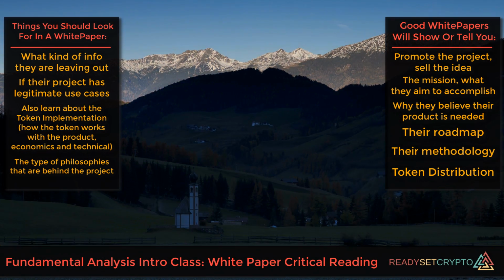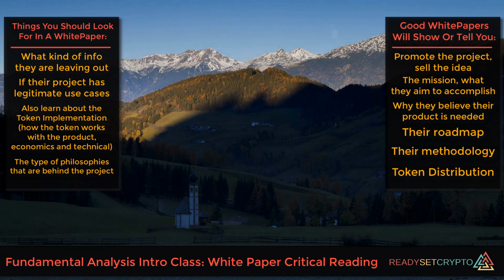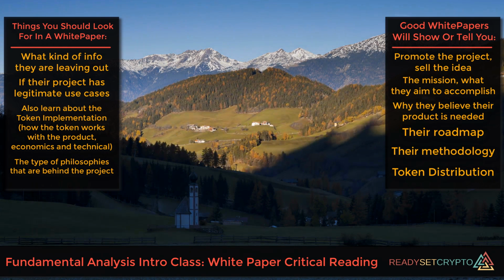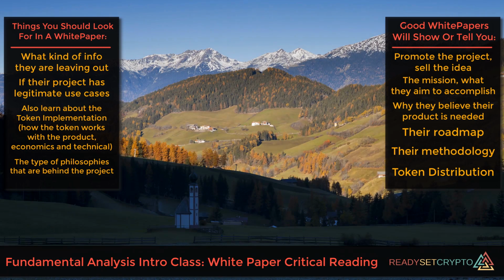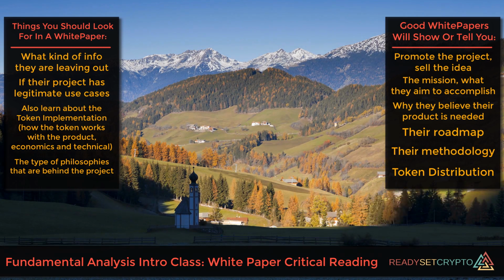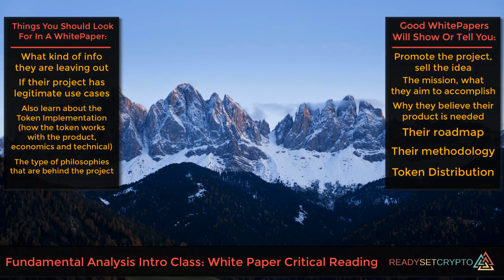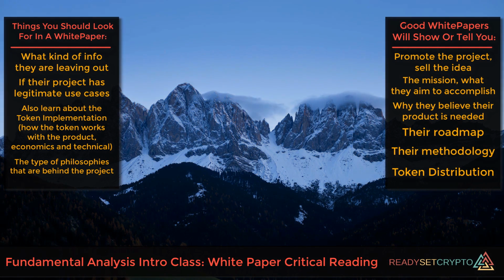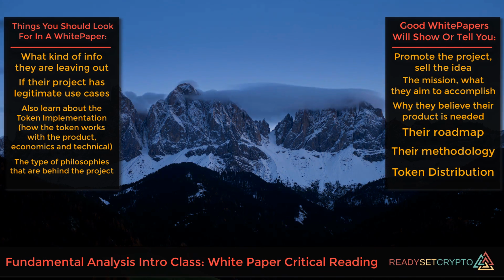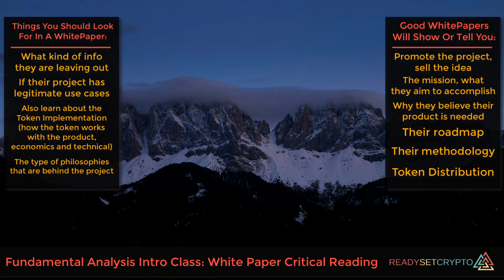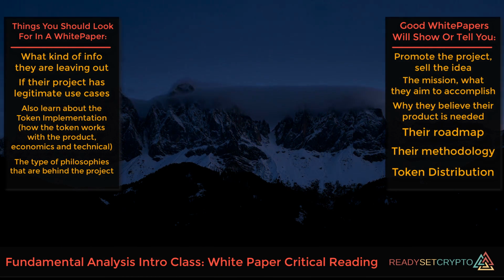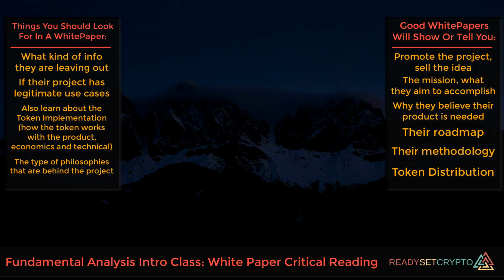You need to answer a very simple question I've termed the grandma test. Based on the language of the white paper, you should be comfortable giving this project money, your grandmother's money, or someone from your family. Would you be comfortable giving the project, this team, their money? Now, crypto is speculative and risky, but this isn't about that. I'm saying, would you be comfortable giving the team behind this project someone else's money based on the language of